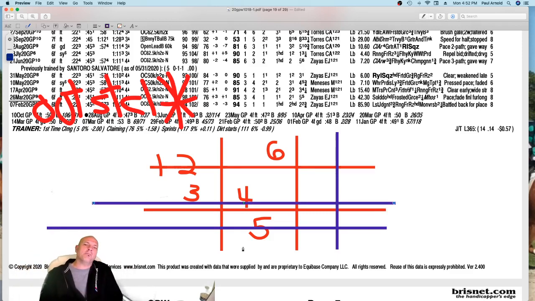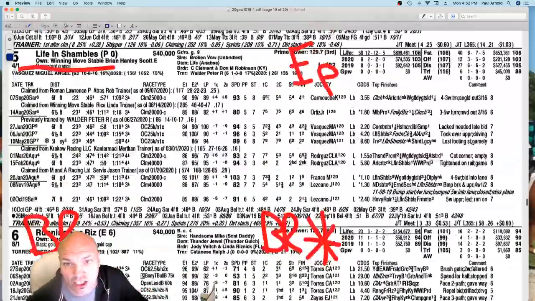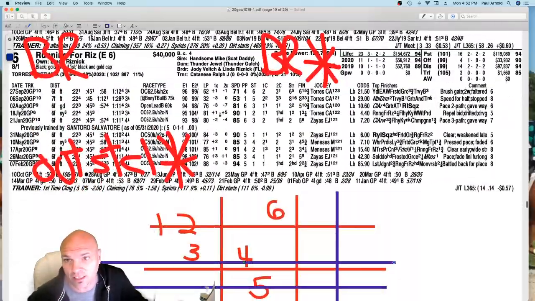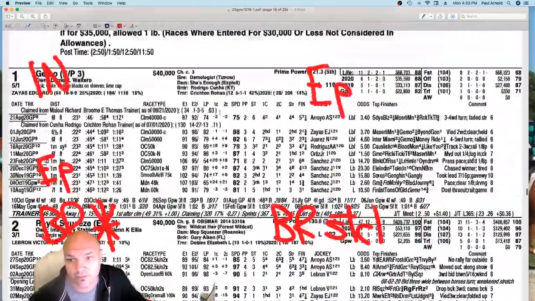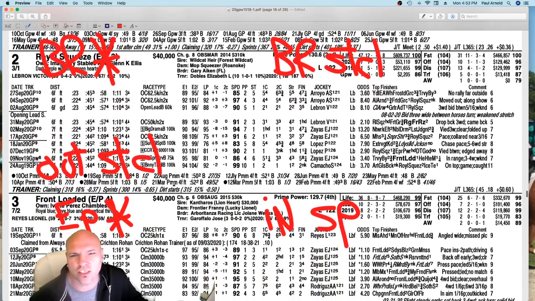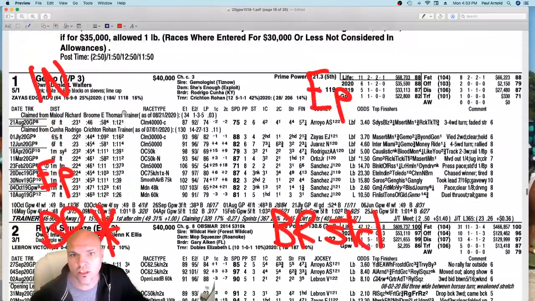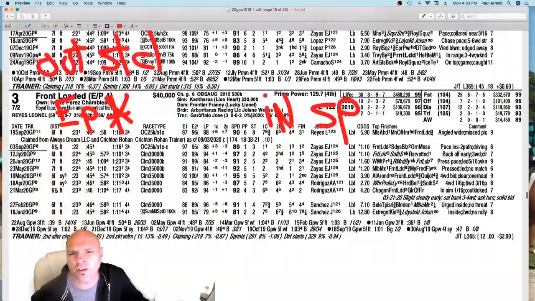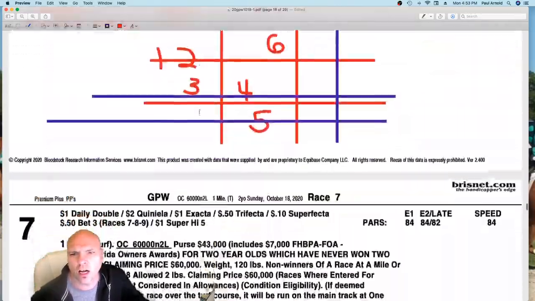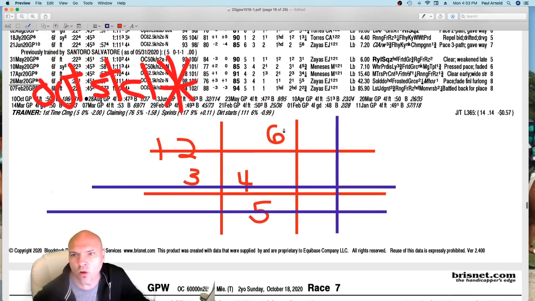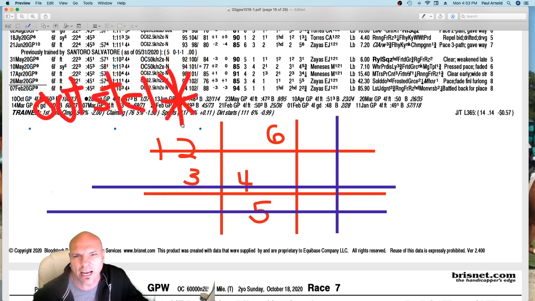Now it's time to bet. We got excuses, asterisks on the 6, asterisks on the 3, asterisks on the 2, and nothing on the 1. We got a horse that might be lone speed in the 6, and we're kind of thinking the inside of the track might be bad. If you were also thinking the inside of the track was bad,